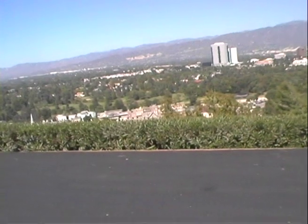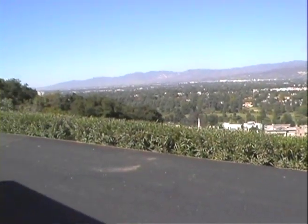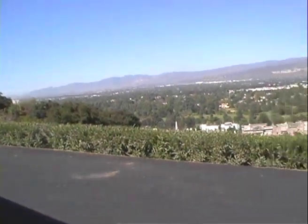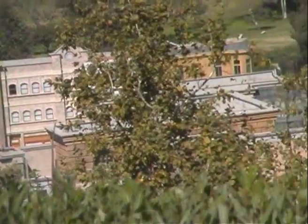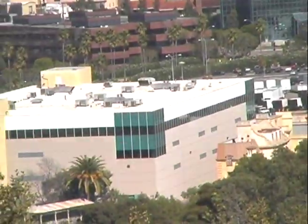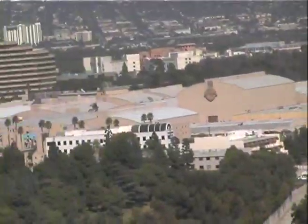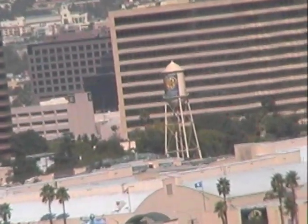We're overlooking the San Fernando Valley, famous for simply being called the Valley. Like, wow. And down below on the valley floor, you can see a collection of tan Soundstages. Those are neighbors of the downtown Burbank lot of Warner Brothers. That's where they film ER, Friends, The Drew Carey Show. Behind Warner's is the Disney lot where Home Improvement and the new ABC show Sports Night is produced. Behind ABC and Disney there, you can see the NBC lot, Water Tower. That's where Jay...